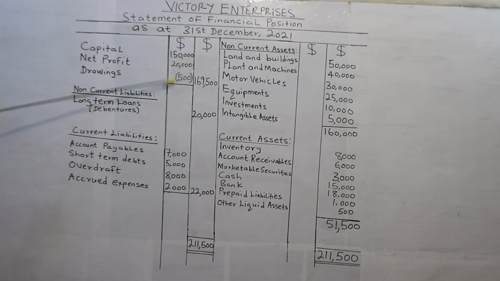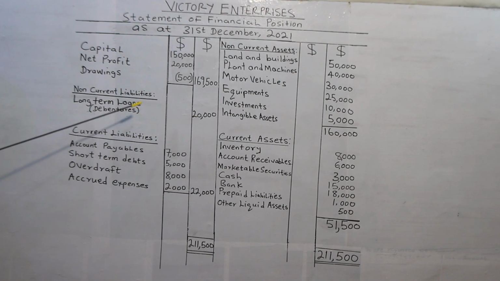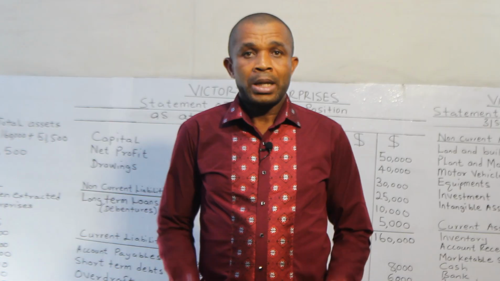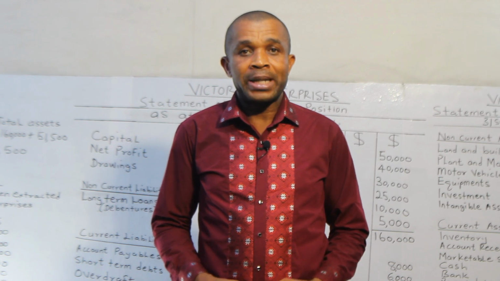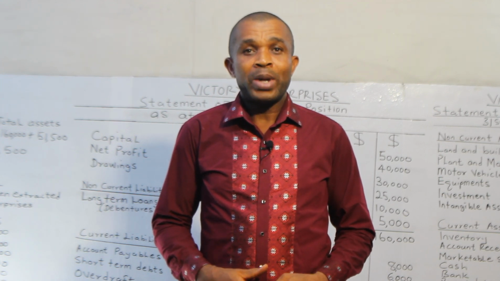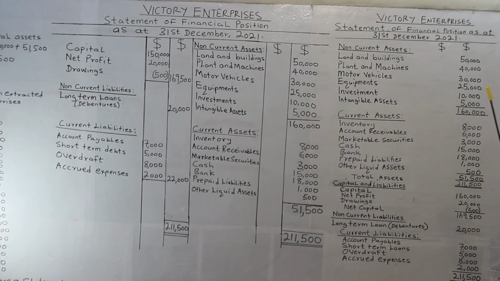We are going to present this analysis using the horizontal format and also reframe everything in this statement of financial position to become an assignment for you to practice. Remember, if you have not practiced, you have not studied. Now we are going to transform the T format into the horizontal format, and thereafter we are going to look at what accounting equation means. The horizontal format looks this way: